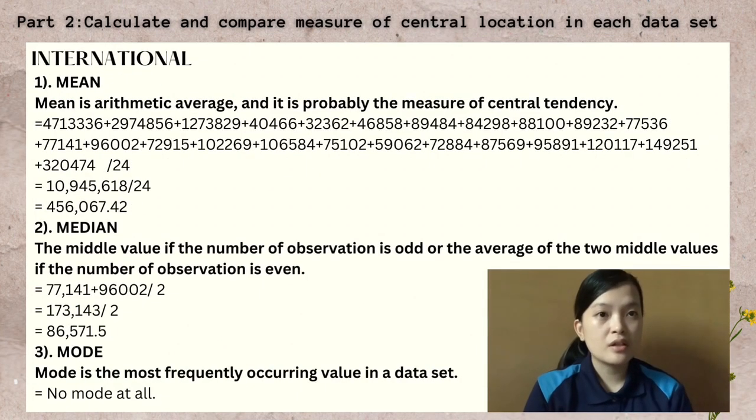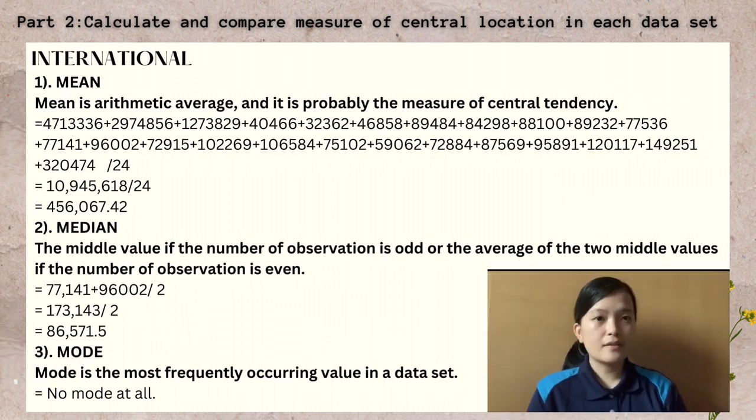To calculate the measure of central location of international airline, first we find the mean by finding the sum of the international airline dataset, which is 10945.618, and divide it by the number of the dataset, which is 24. So we can get the answer for mean is